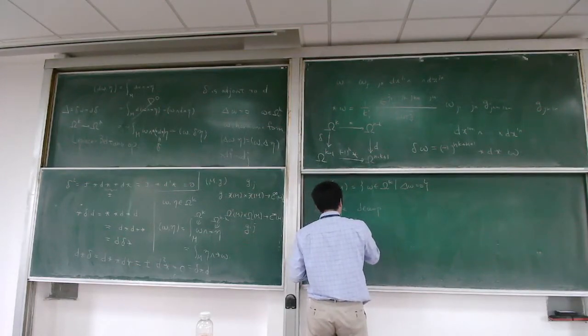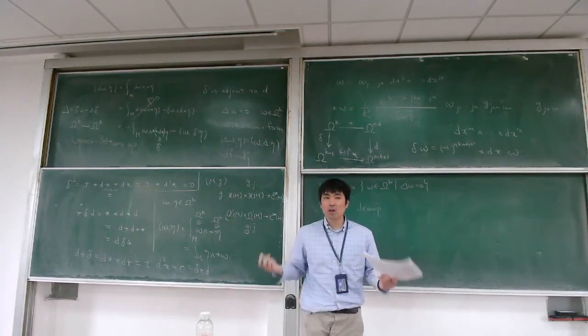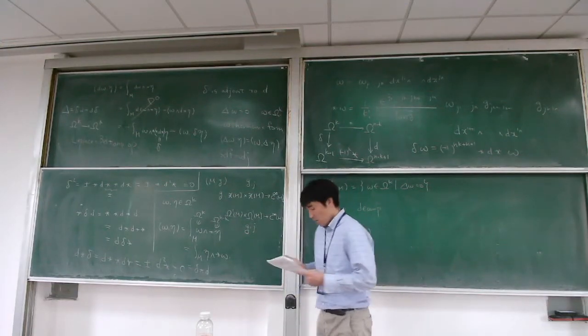So omega k of M, and now I already assume M is an oriented closed manifold without boundary,